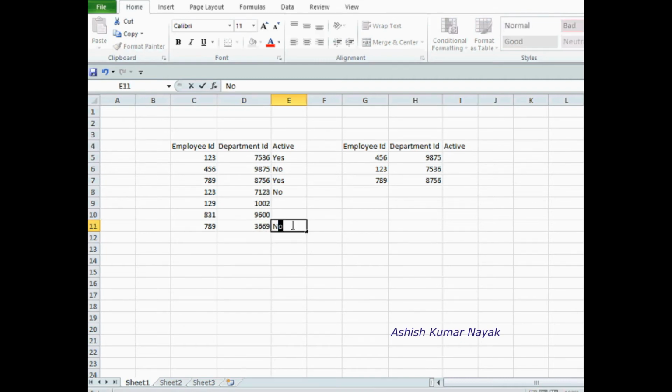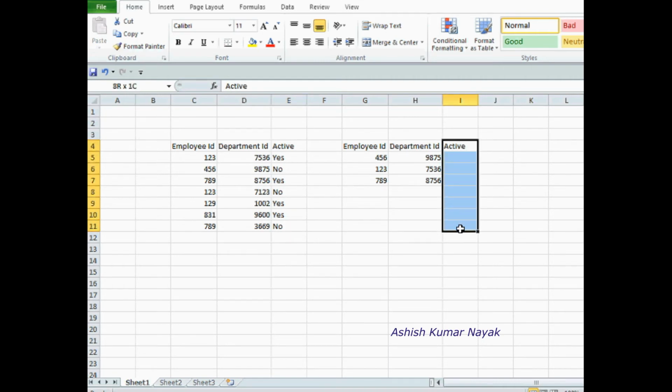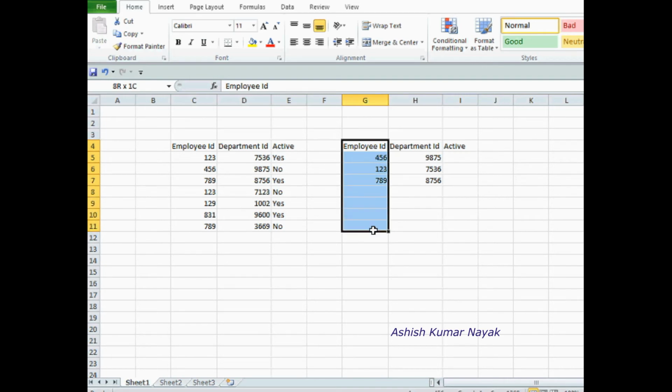Now the ID is inactive. So if we want to know the active values in the second table, can we compare only the employee ID? Can we compare? It's not possible.